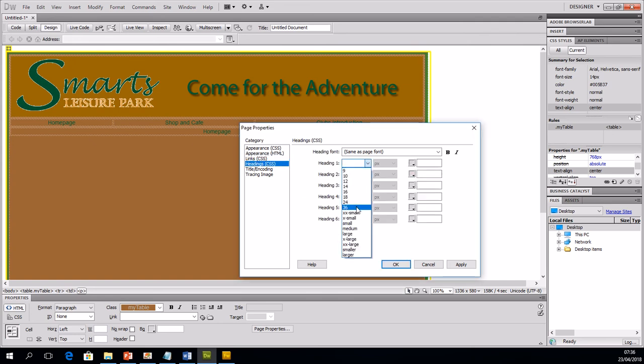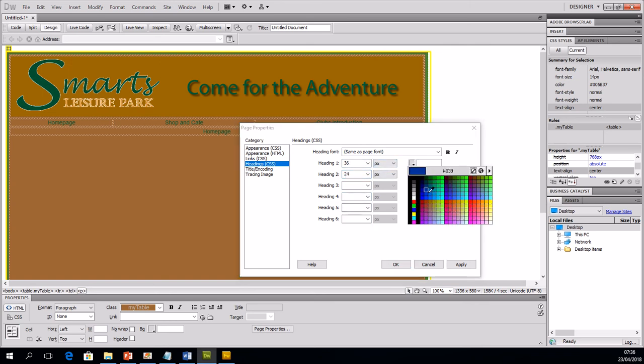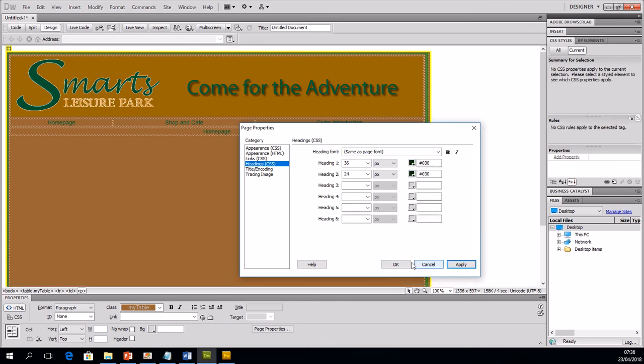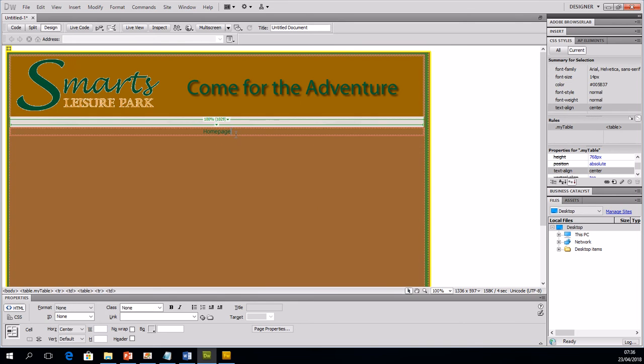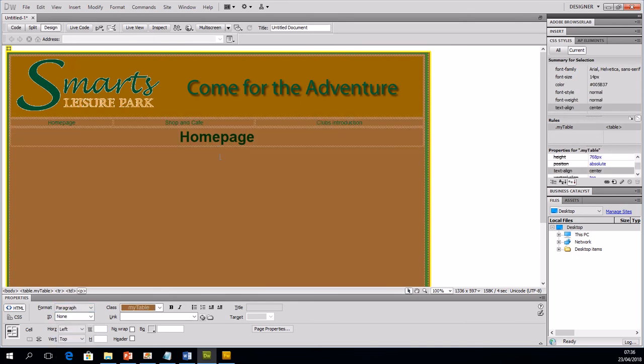And on my headings, I might want a couple of headings just to make things a little bit bigger. And again, I might make them that yellowish colour. In fact, I won't make them that yellowish colour. I'll make them a slightly different green, because obviously we don't want to confuse people with what our links are and our headings. So if I highlight this now, and then I can just change it to heading 1. And it'll make it a little bit bigger and just stand out as a heading